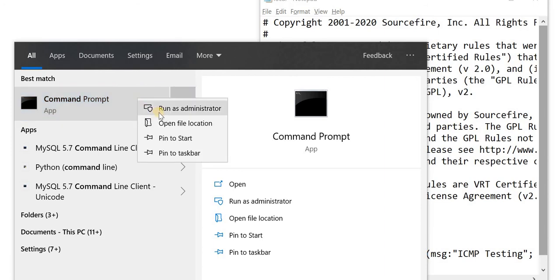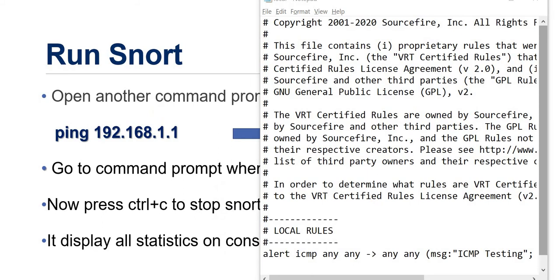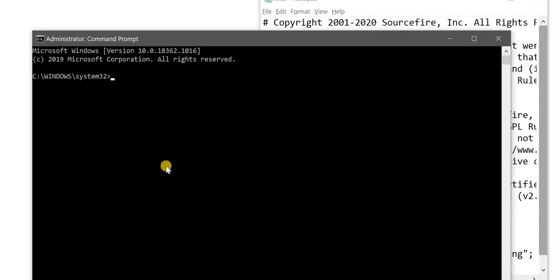So run as administrator. It asks you the permission. Then you have to go to your directory, cd snort/bin. So now you enter into the bin directory.